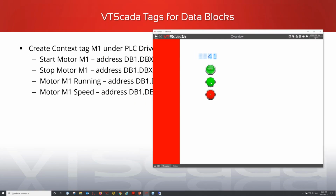Anyway, so we have the basic functionality working now. We have a stop button, the light goes off, speed goes to 0. Start button, the running indicator light comes on, the speed goes up to 41. So there's the very basics of a simple object control in a PLC